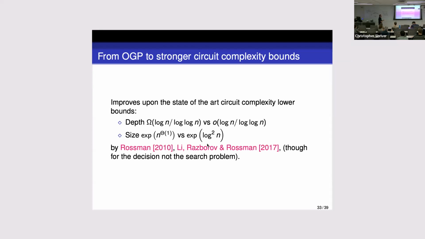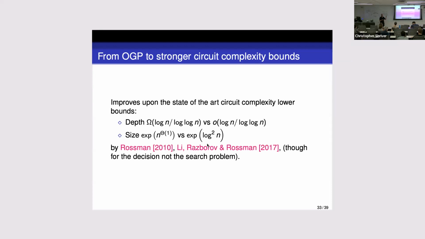Unfortunately, a big caveat that I have to disclaim is that their version of the circuit is for the decision problem and not for the search problem. And there is a difference between the two. And it would be nice to actually bridge this as well. There's some partial progress in this direction, but I will discuss that only offline. Any questions so far?